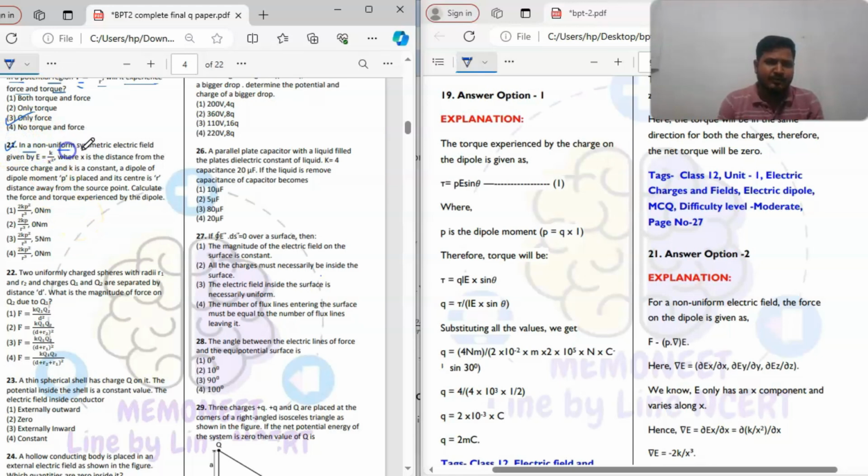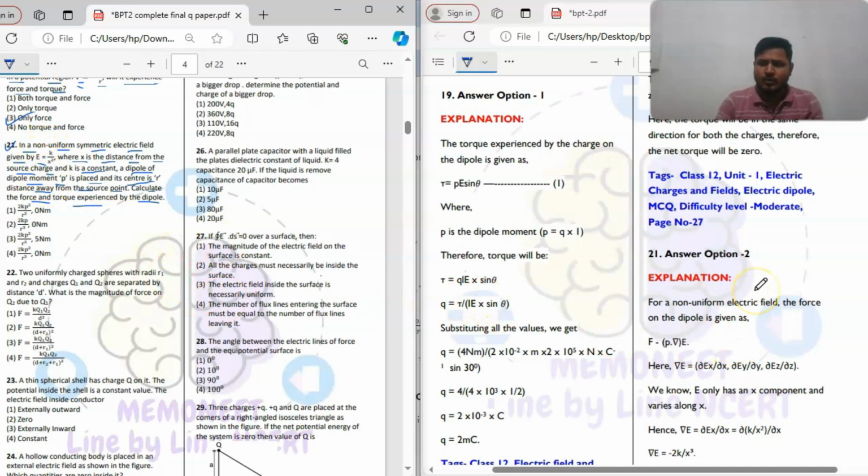In a non-uniform symmetric electric field given by E is equal to k by x square, where x is the distance from the source charge and k is a constant, a dipole of dipole moment P is placed with its center at distance r from the source point. Calculate the force and torque experienced by the dipole. Here the electric field is